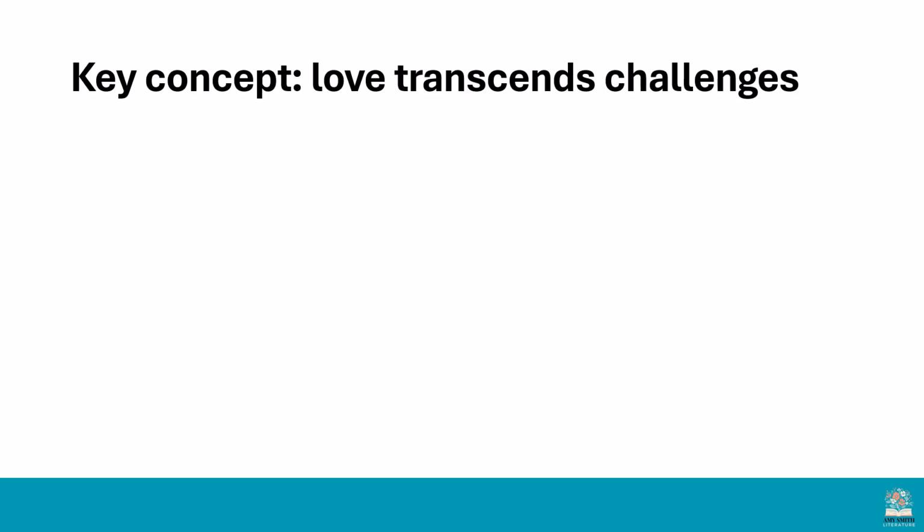Okay, all the way through the poems, we talk about a key concept, which is that love can transcend challenges. And my question for you with this poem is, does this apply to neutral tones? So when we think about love transcending challenges, we're thinking about how love can overcome challenges, whether it's distance, whether it's arguments, whatever the challenge is in a relationship, that love is strong enough for the couple or the mother and the child or the father and the child or the friends or whatever to overcome that situation.